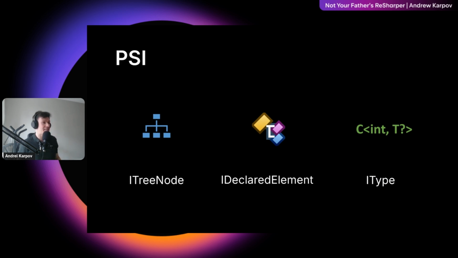Finally, my favorite topic, PSI. If you haven't heard this term before, it stands for Program Structure Interface. This is our code model, the engine that drives all of ReSharper's intelligent features. PSI provides a language-agnostic framework for building abstract syntax trees and semantic models for any language. Every language supported by ReSharper, C Sharp, Visual Basic, XML, HTML, CSS,